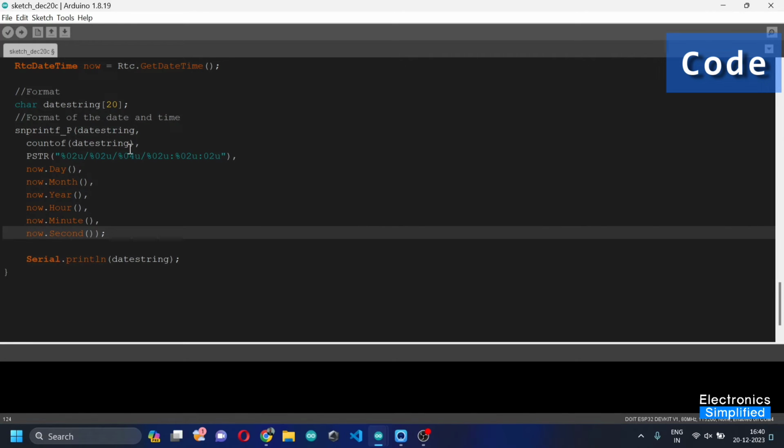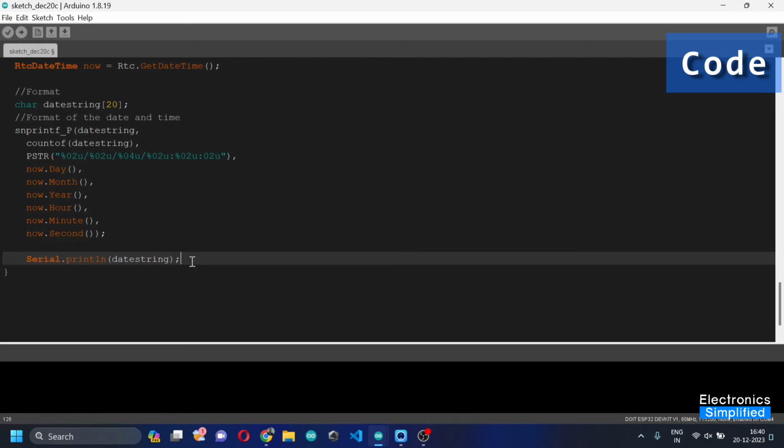All right, so this is how I've done it: day, month, year, hour, minute, second. And since we do not need to get this printed,